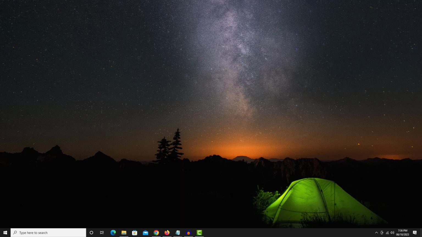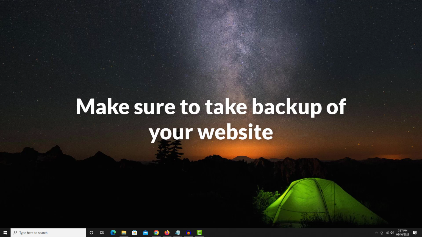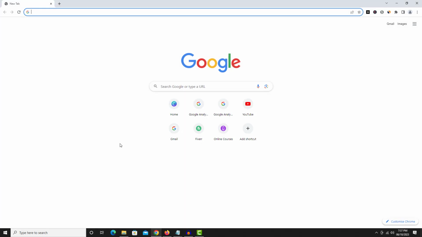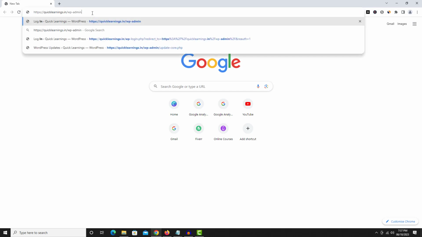Before we start, it's highly recommended to take a backup of your WordPress website. First, we are going to access the WordPress dashboard. To do that, open any web browser. Now enter your domain name followed by